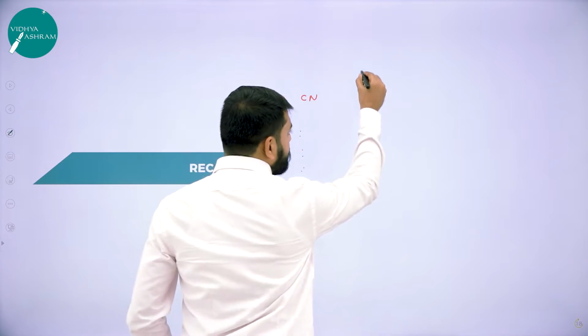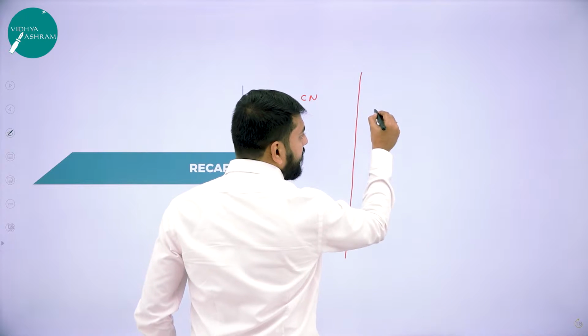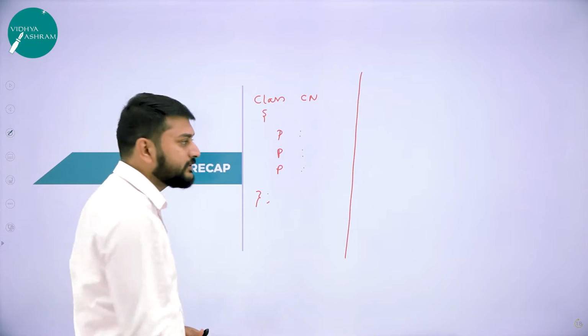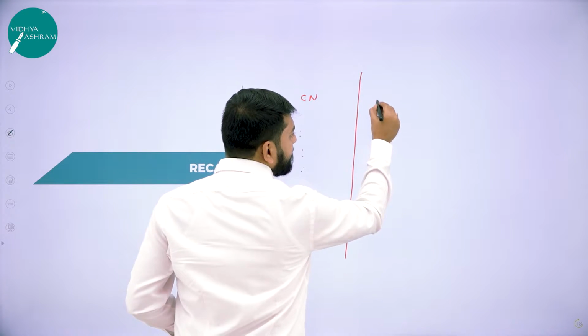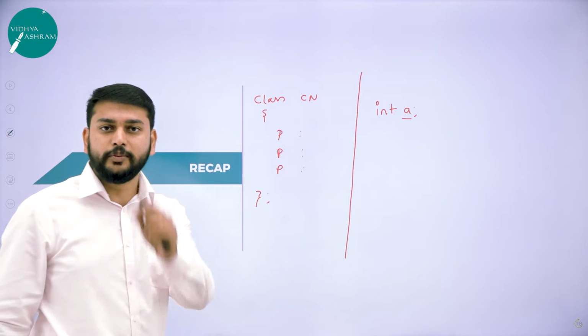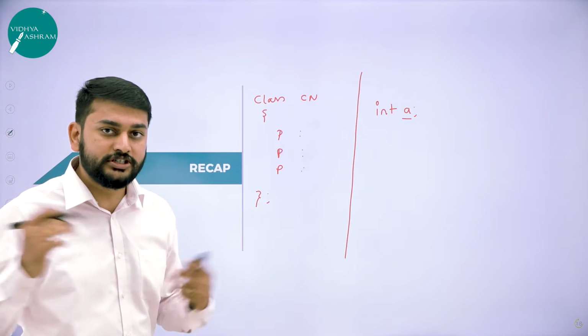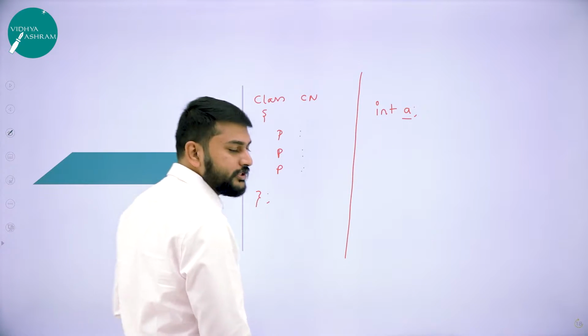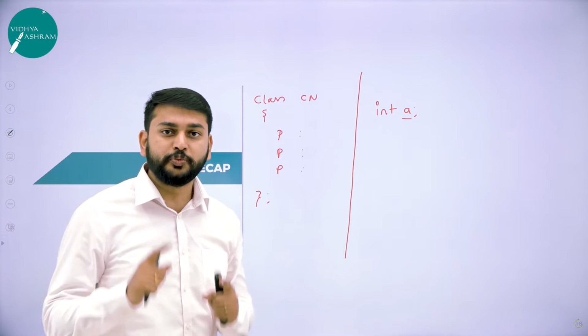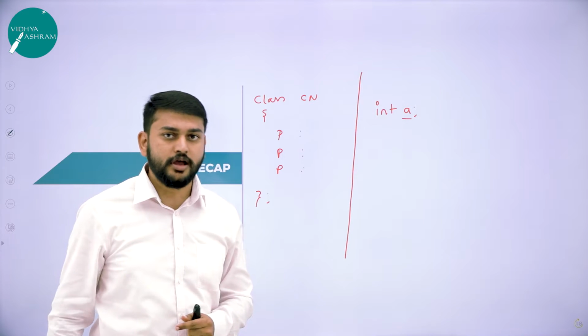In the second session, I discussed what is data member. Data member in the sense what? I will have the variables, that is what I will call a data member. For example, int a. So this a I will be treating as a data member. Then what is member function? A member function is a set of statements which is grouped together to perform one task.